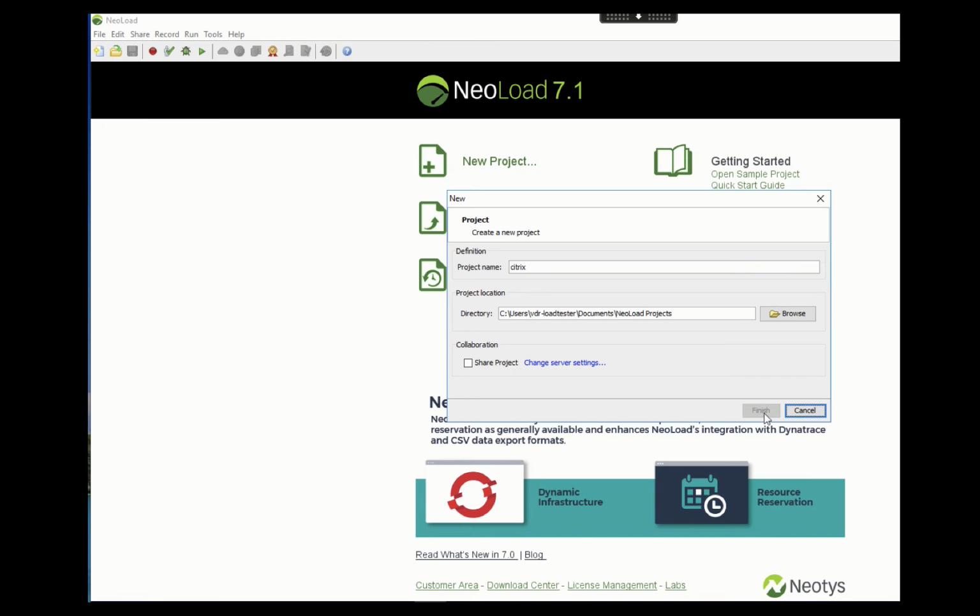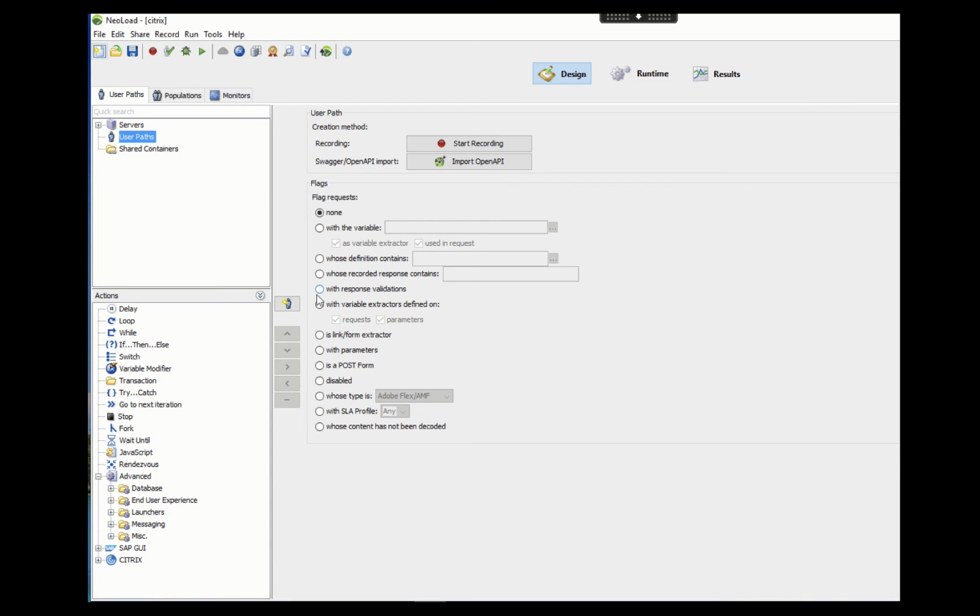Once we've created our new project, we're going to create our first Citrix user path. Now, the way Neoload approaches recording and automating these applications is a bit different than the other commercial tools in the market that support Citrix. There's a lot of coding involved, either with C code, C# code, Java code. With this Citrix protocol, now for the first time, we can do this without a lot of code, especially if